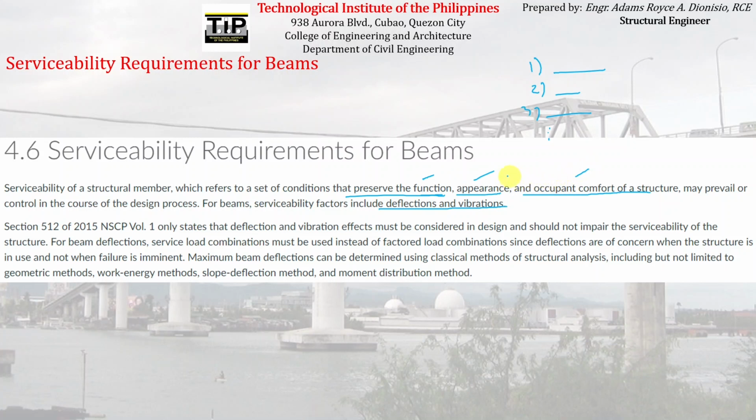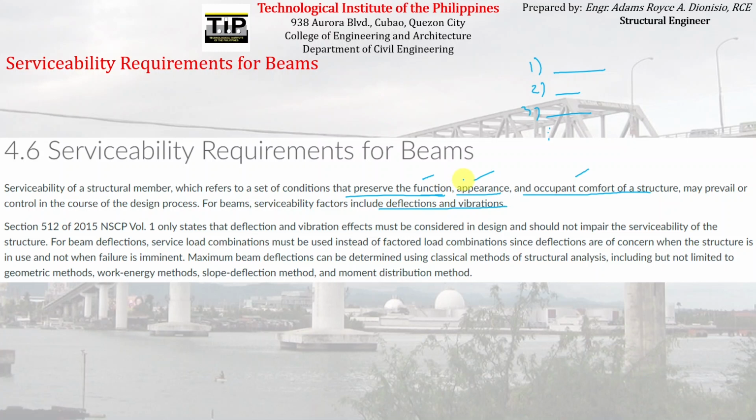Sometimes we use these things to say whether the beam or the flexural member is still serviceable or not. If the beam cannot preserve its function anymore, meaning it cannot resist flexural stresses anymore,